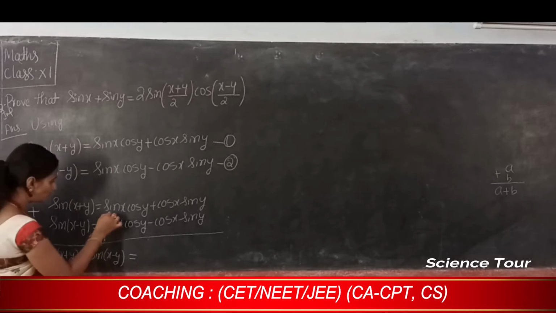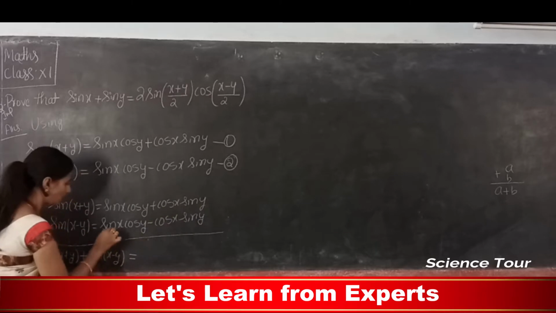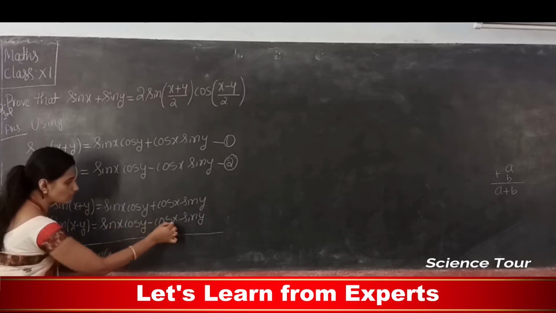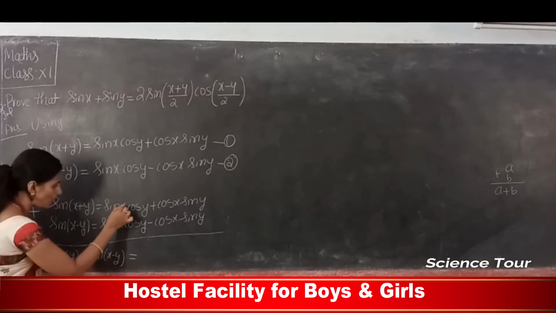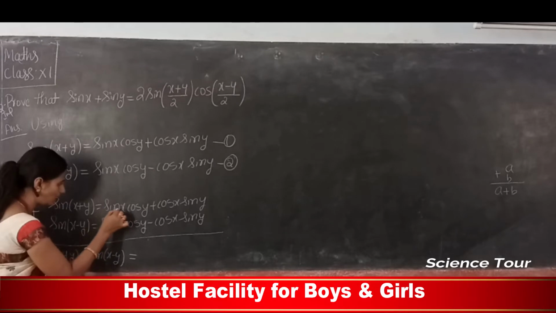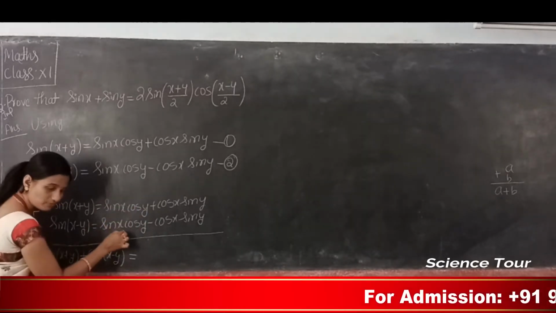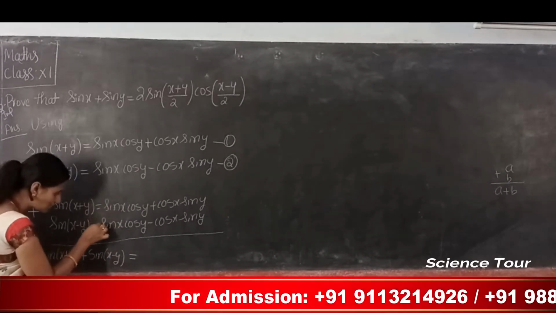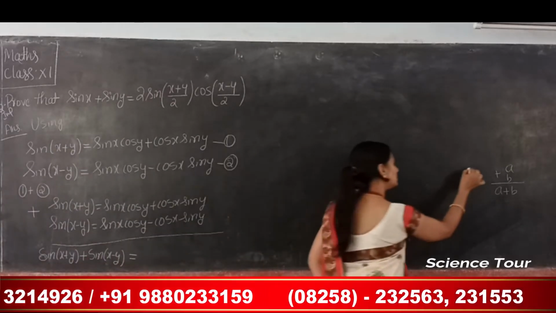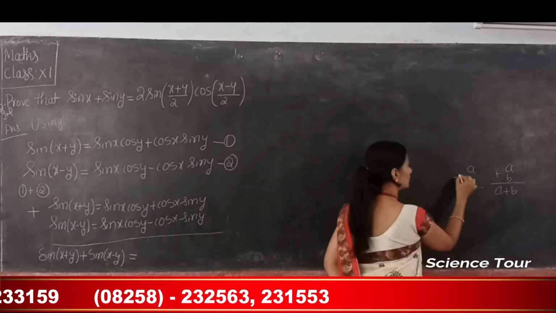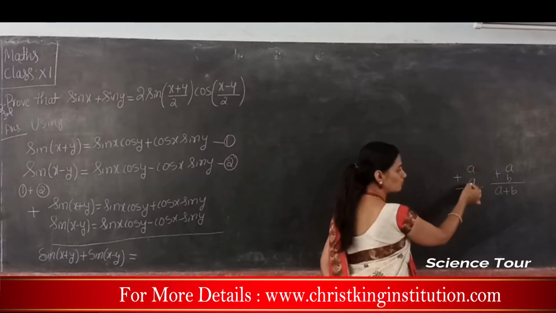So now here, the first term is sin x cos y plus cos x sin y, and the second is sin x cos y minus cos x sin y. Now add these two. Are these equal? Sin x cos y, sin x cos y. Yes, both are the same. Now what is the sign? This is plus and this is plus, which means you have to add these two. Suppose it is a and a, with the same sign while adding a and a. So here a is the same as a, right?